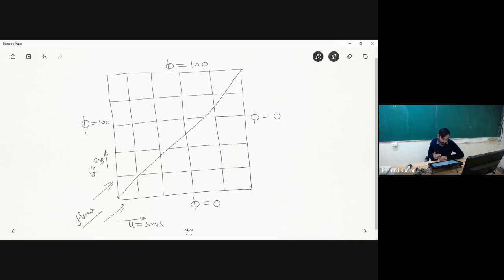Now over here you can see we have a structured Cartesian grid, and your grid faces are either parallel to the y-axis or parallel to the x-axis. But when the flow is entering, it is not parallel to the faces of your grids. Now let us consider that we have dominance of convection. So this flow is particularly convection dominant. If it is convection dominant, can you tell me what will be the distribution of phi within the internal domain?